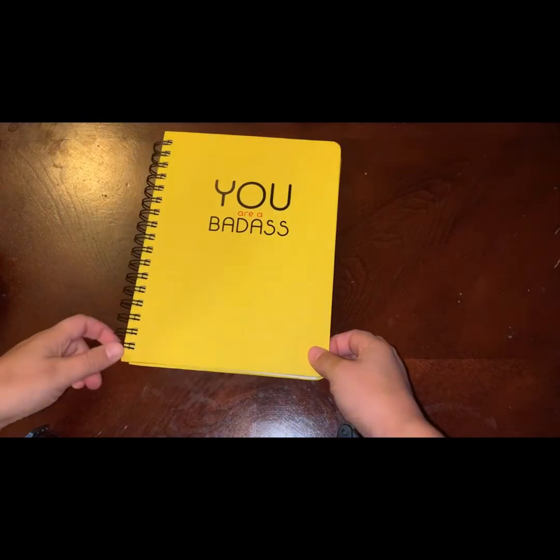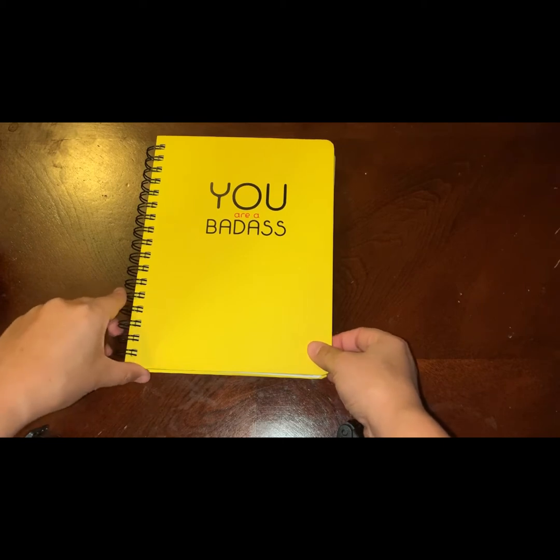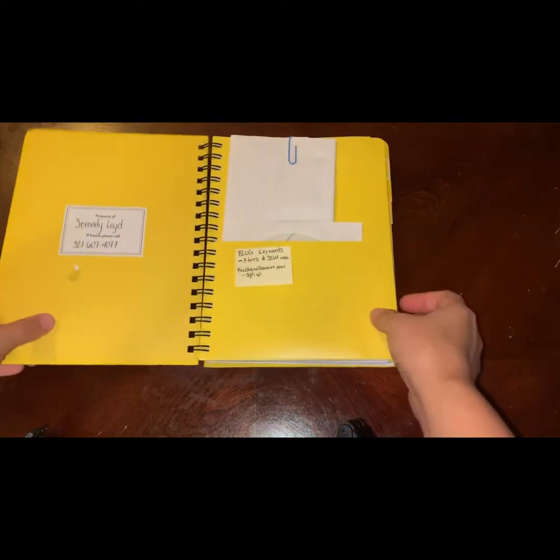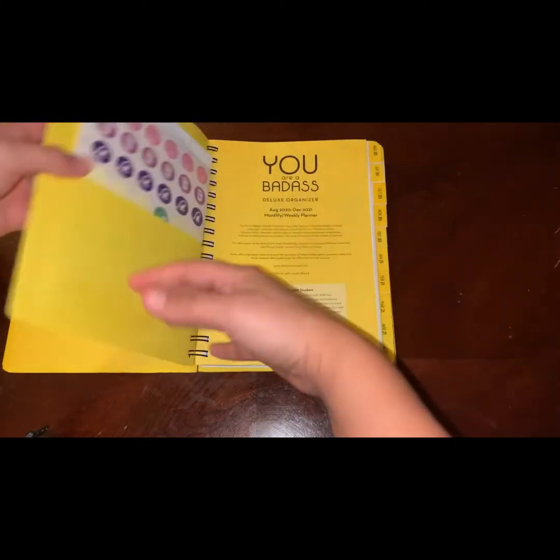It's called You Are a Badass because I read the book and it was amazing. And if you haven't read it before, I definitely recommend reading it. The first page, of course, you can put your name and info. It's got pockets here,